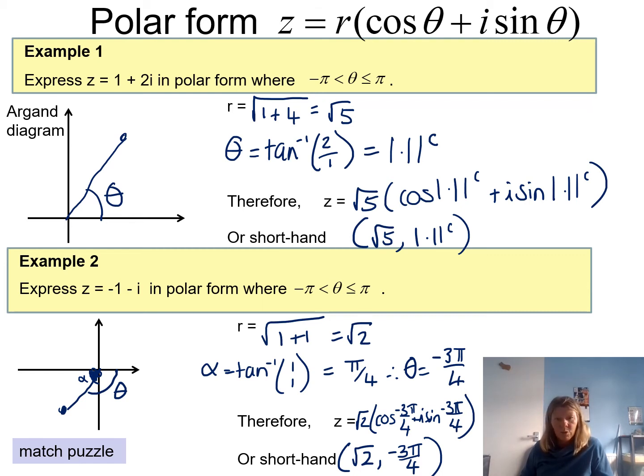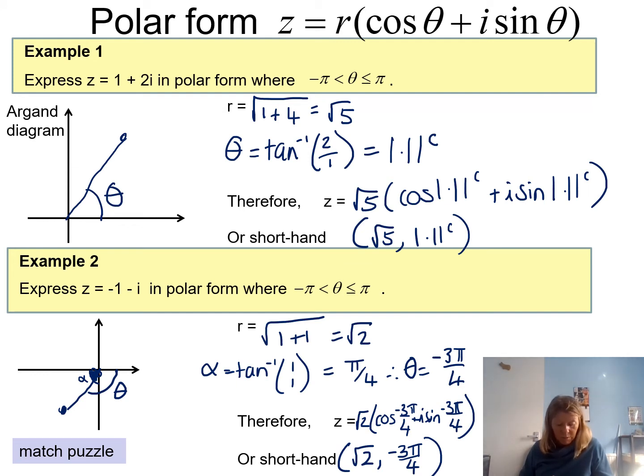So if we put in 1 plus 2i, using shift and 0 to get the i, then press F3, the R theta button, and press equals, it comes up with root 5 and